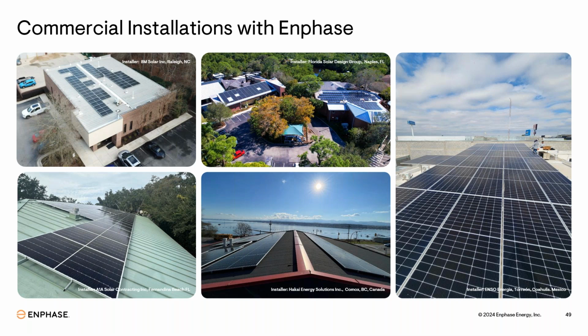We have one of the beta sites in Mexico. This was with Enso Energia in Mexico, where we again used IQ8P3P. Hakai Energy, as we go around clockwise, the one in the middle lower column, Hakai Energy, Vancouver Island. This is one of the tribal government centers in Canada on Vancouver Island that was installed in October of last